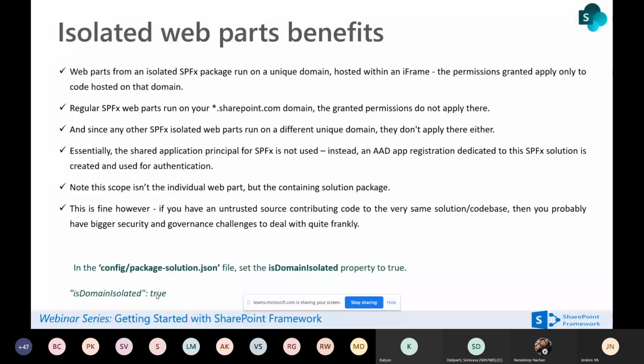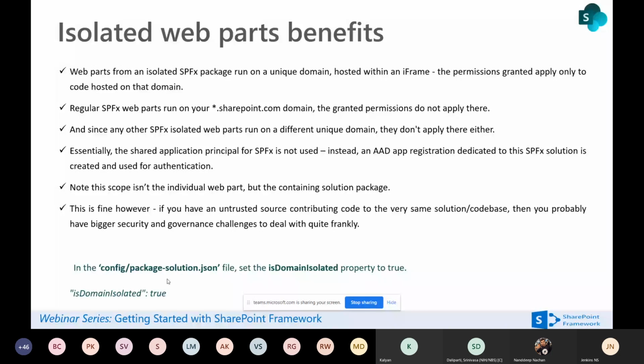It always creates a new unique domain name in that tenant, right? For example, my tenant is jpower4.sharepoint.com. It will create a new unique domain name under .sharepoint.com, and it maintains an iframe control and manages your application with that particular permission. Outside that web part, that granted permission is not available. Once you mention domain isolated, your web part is executed from a unique tenant-level domain. It's totally a unique web part. It's not integrated into your application. I will show on my screen how the output looks.